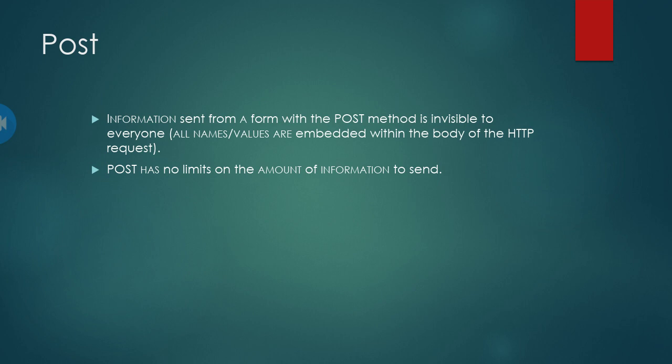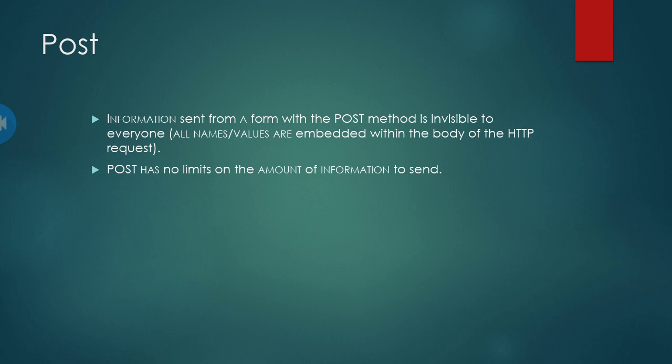Next is the post method. If we use the post method, information sent from a form is invisible to everyone. As the information is invisible to everyone, this is one of the secure methods. If we are making banking transactions, for example when we make a payment and at the end click on the OK or submit button, your record will update. This is very sensitive information, because it is directly related to your banking details and your passwords.